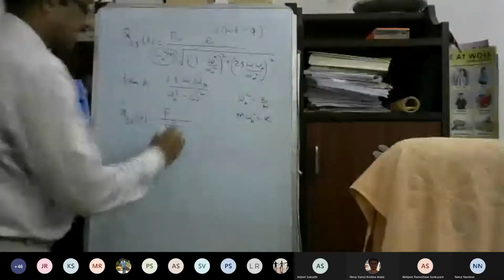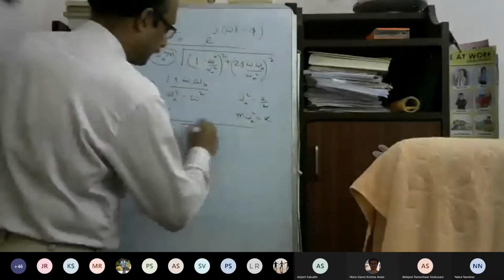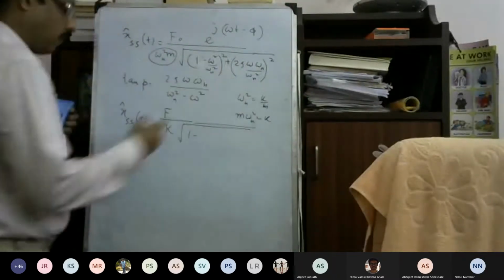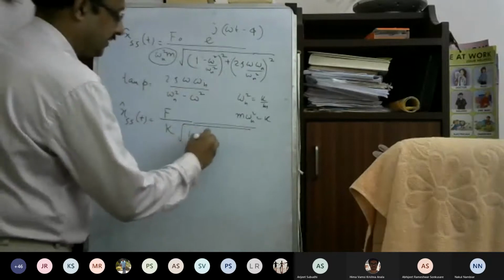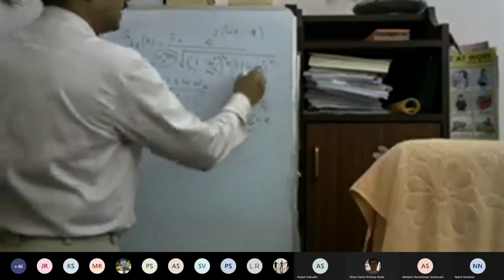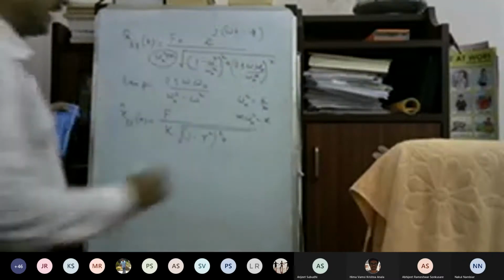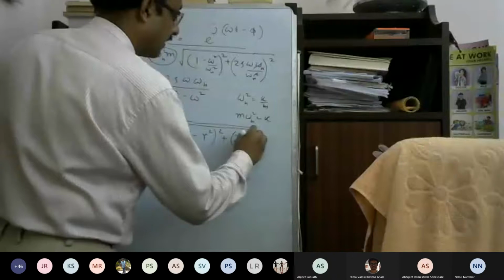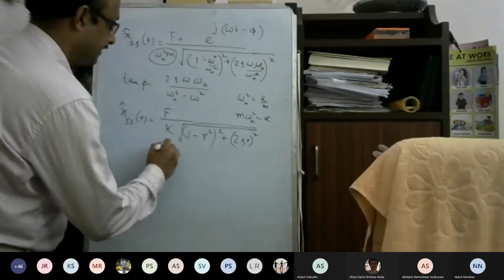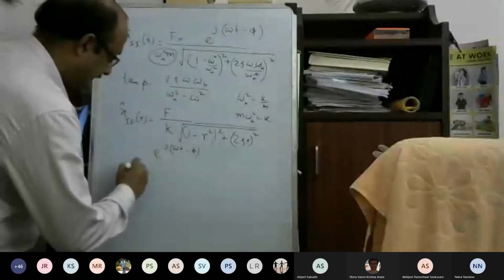So I can write this as k, and the other part will be 1 minus, I will define omega by omega n as a ratio, this is r square, I will name this one. Omega n will cancel, so again omega by omega n will be there. So 2 zeta r, square, e to the power j omega t minus phi, where tan phi,